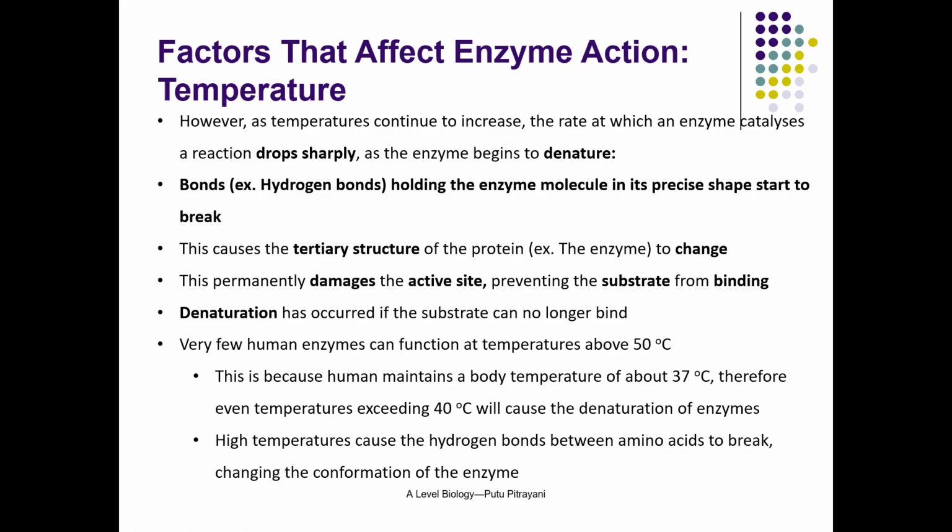Even though we're always talking about the human having an optimum temperature of 37 degrees Celsius, it doesn't mean that all organisms have 37 degrees Celsius as the optimum temperature. Some, like the bacteria that live in hot spring areas, have a higher optimum temperature compared to humans. And some bacteria that live in glaciers or in cold areas have a lower optimum temperature than humans. So it depends on the organism and where they live, and from that we can know the optimum temperature for that organism.